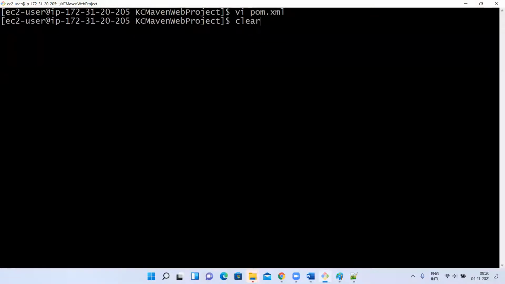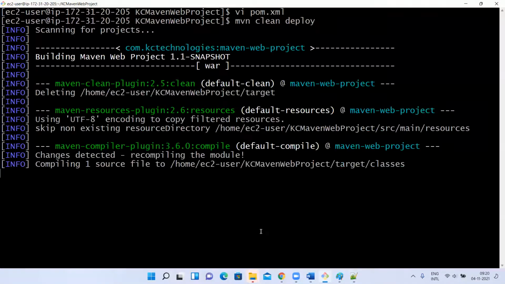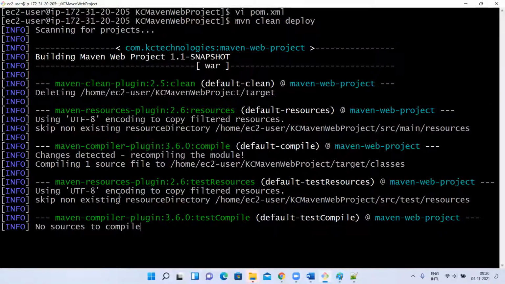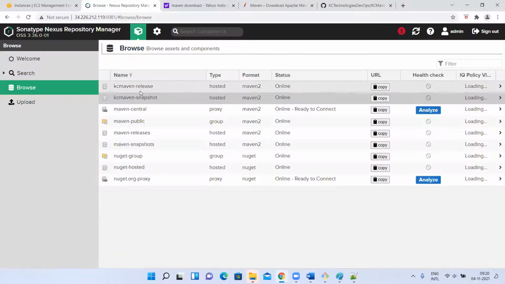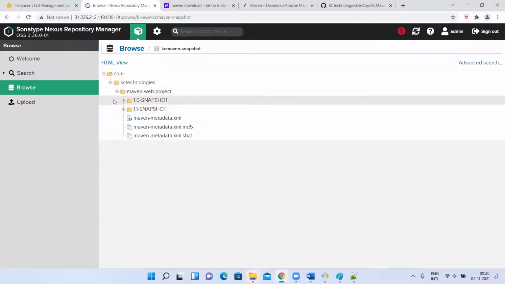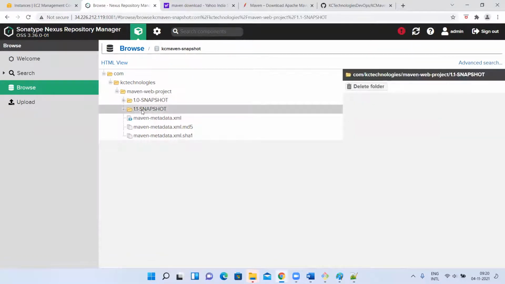Now it is changed to 1.1. Now deploy. Done. It is uploading one more version of that. So if I have any latest changes, along with that it will upload. In snapshot, if I go, two are there. 1.1 snapshot is there, 1.0 snapshot is there.